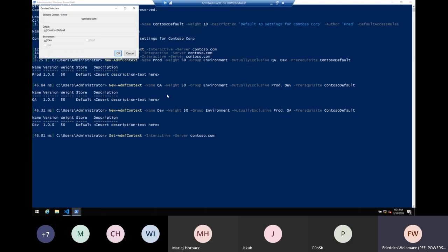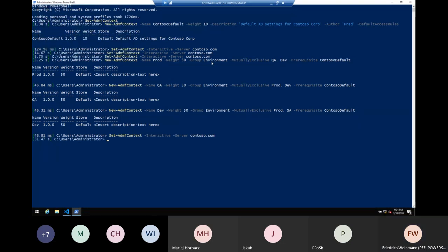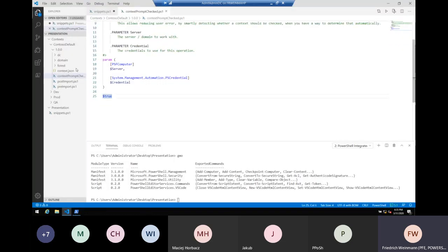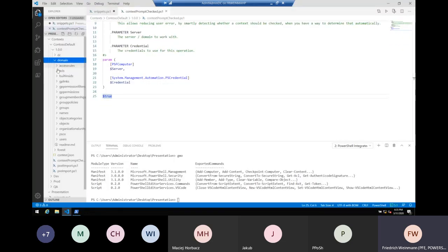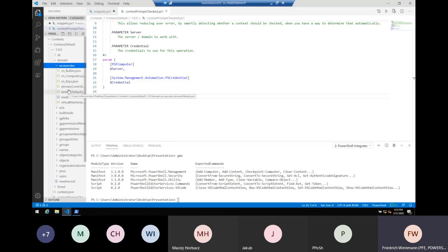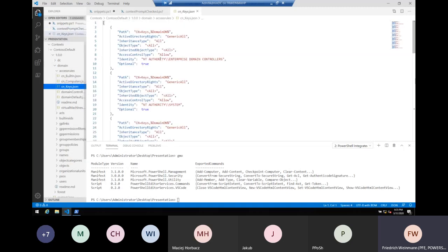And this is where the environment part came in. All right. This is how we build up our context. And now we can go into any of these and apply various settings. And as mentioned, it will by default create access rules for all kinds of objects,